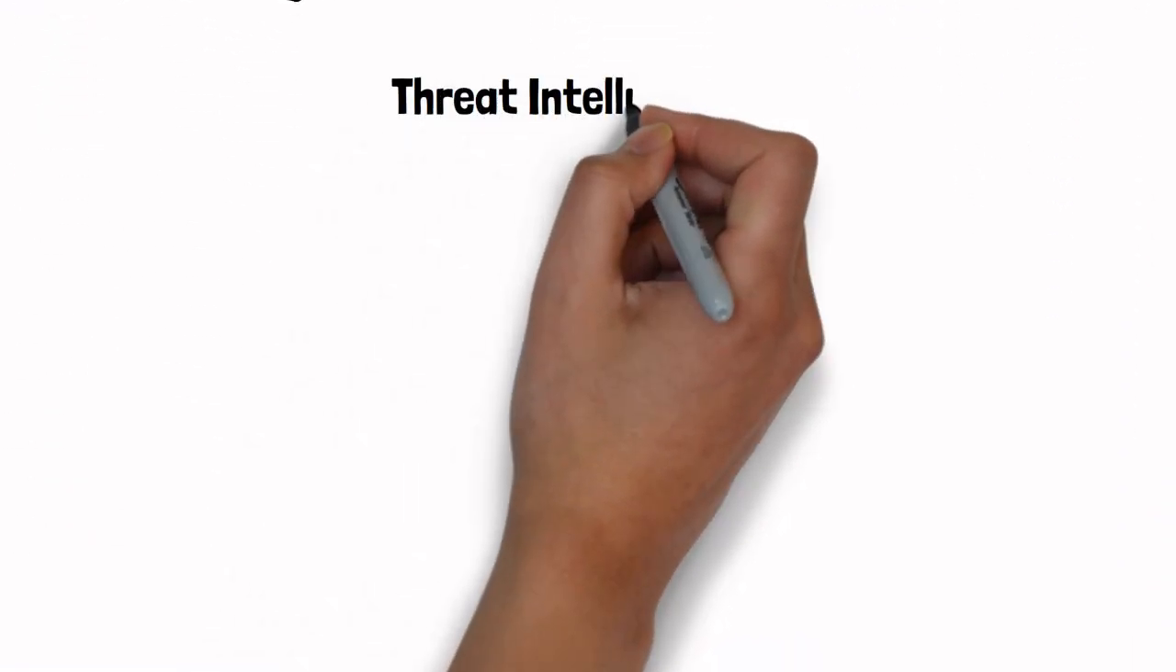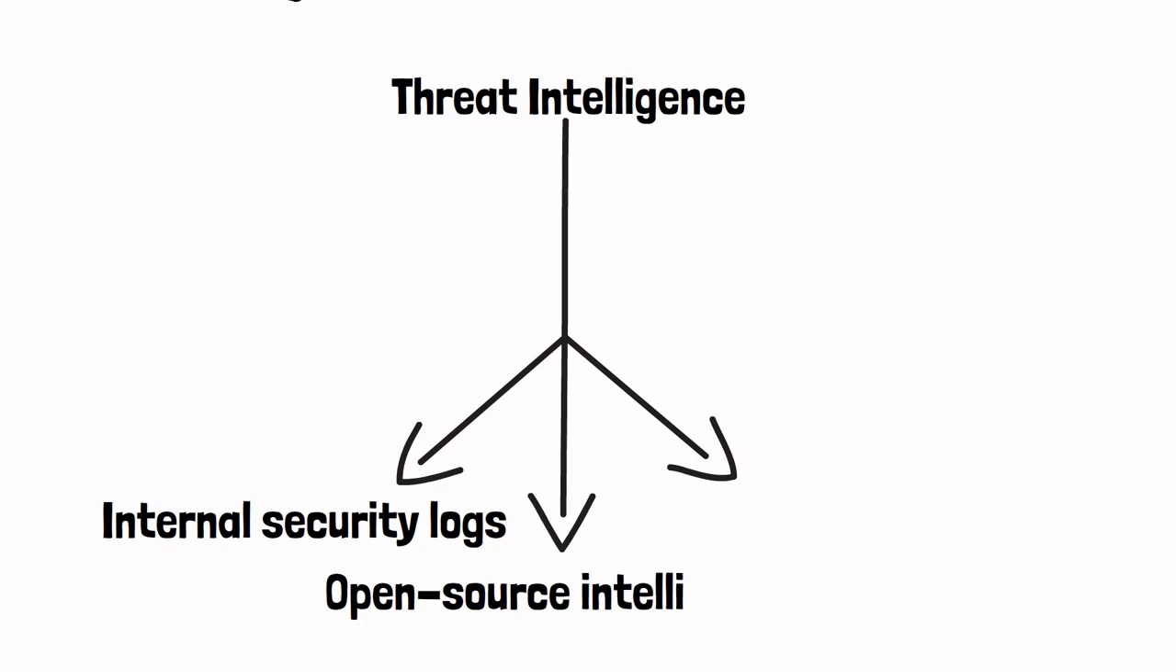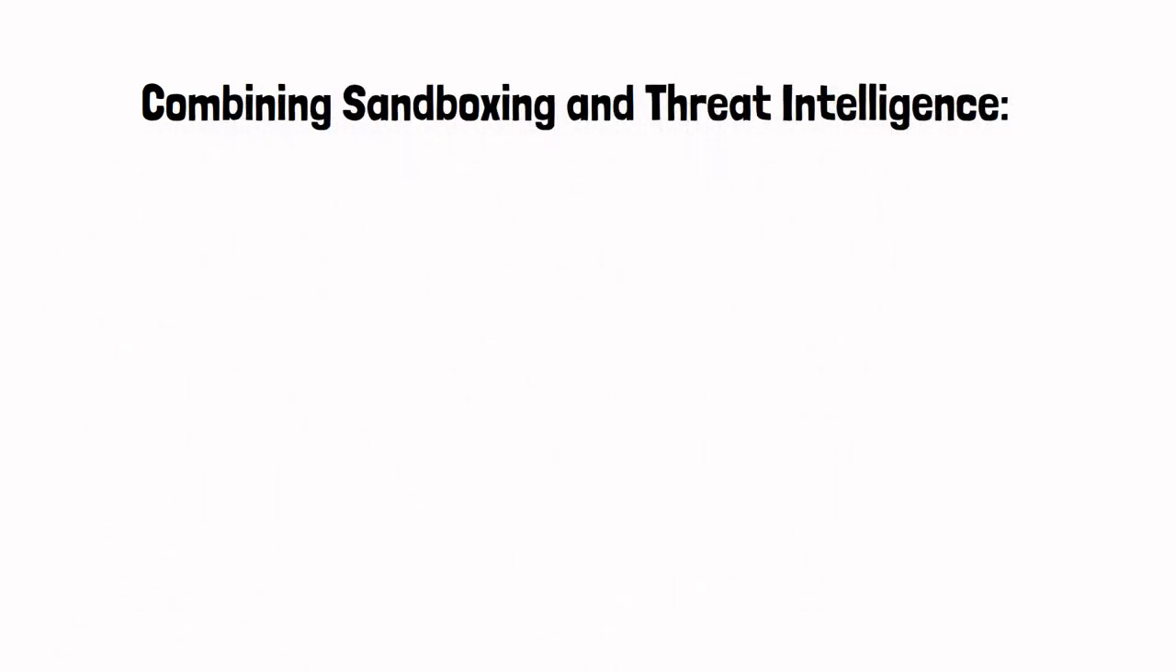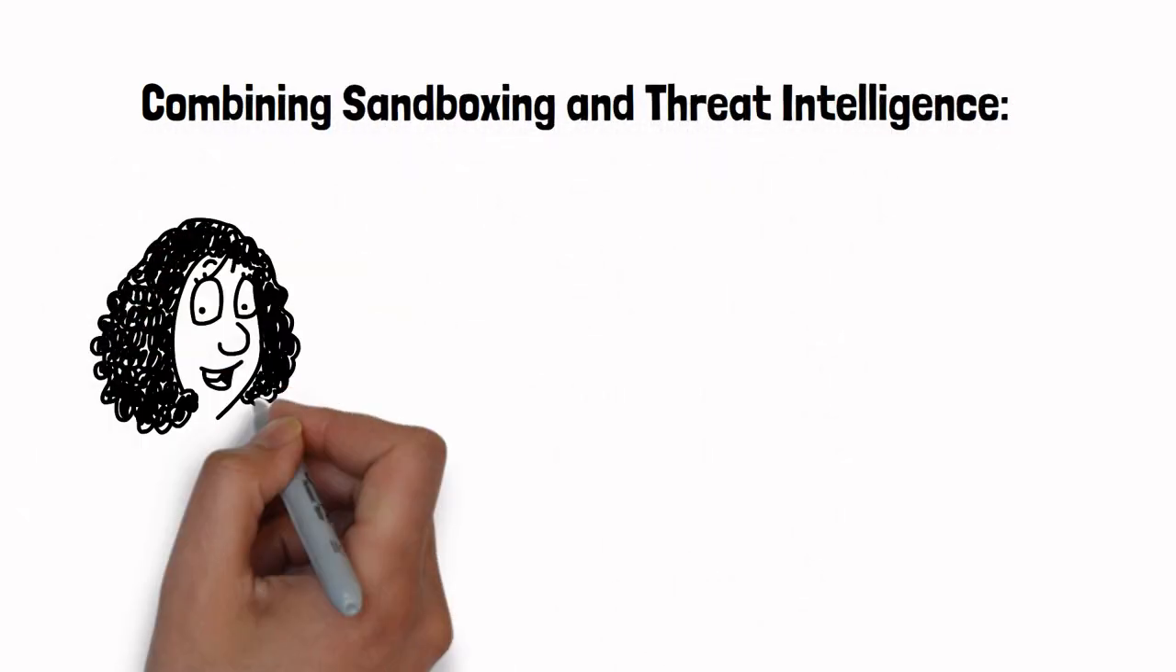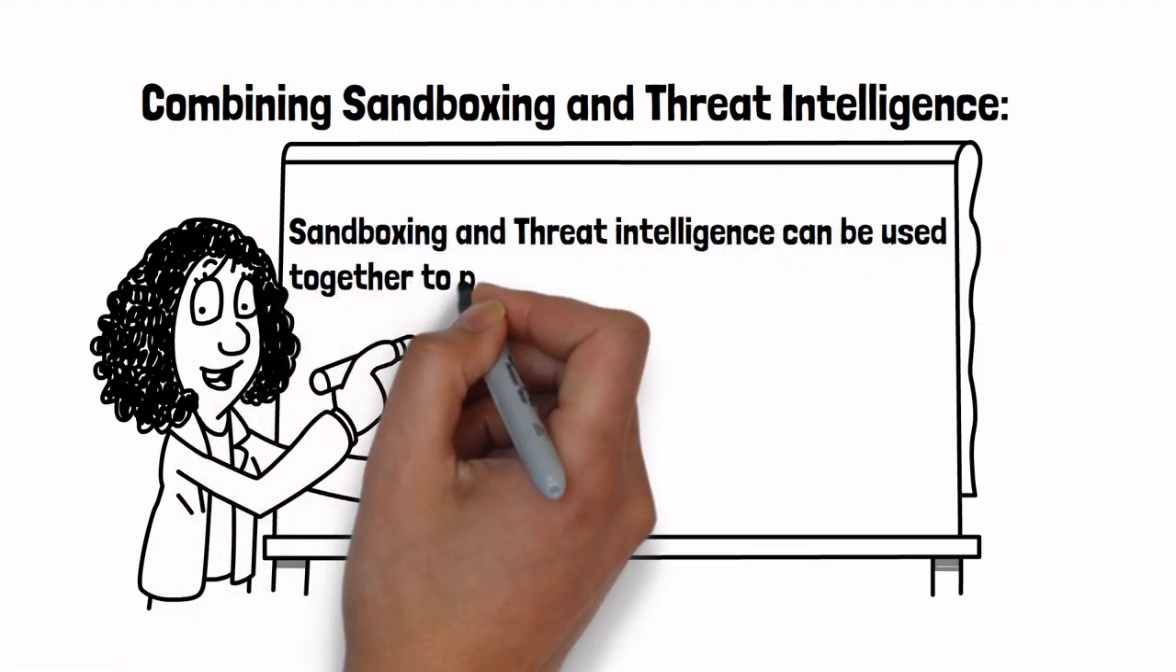Threat intelligence can be gathered from a variety of sources, including internal security logs, open-source intelligence, and commercial threat intelligence feeds. Combining sandboxing and threat intelligence. Now let's look at a practical example of how sandboxing and threat intelligence can be used together to protect against